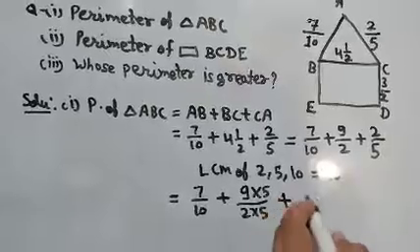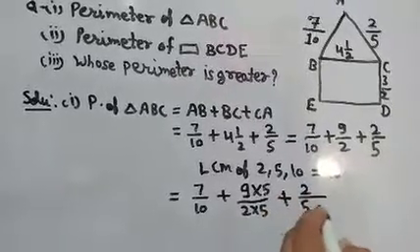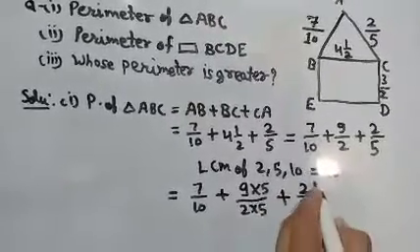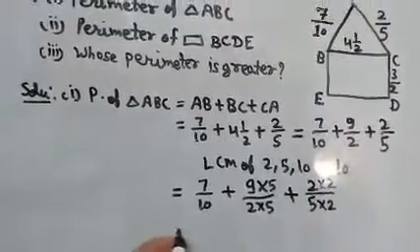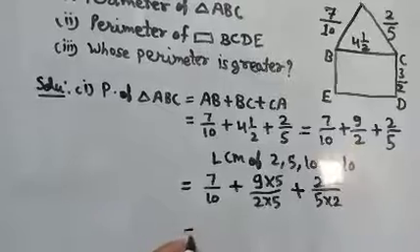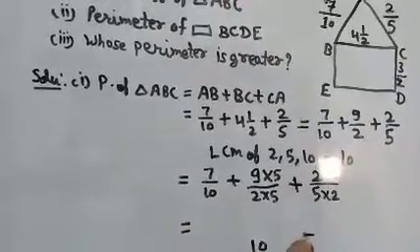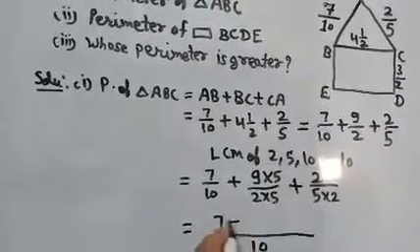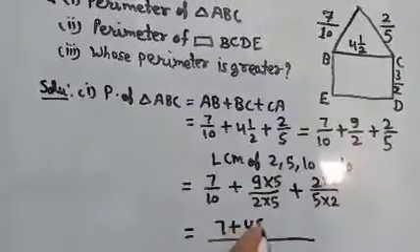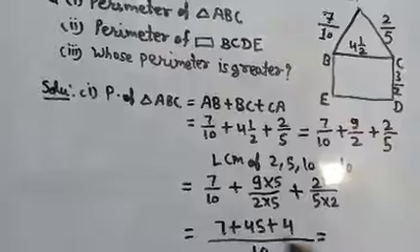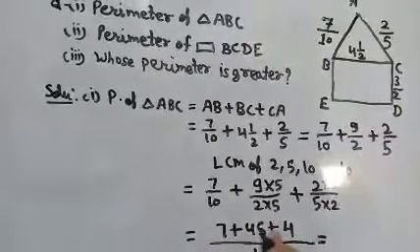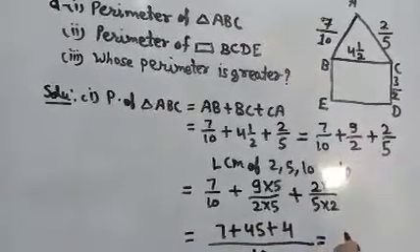For 2 upon 5, 5 should be multiplied by 2 to become 10, so multiply the numerator by 2 also. So the result is over 10 with the LCM. 7 plus 9 fives are 45 plus 2 twos are 4. So the sum of 45 plus 11 is 56